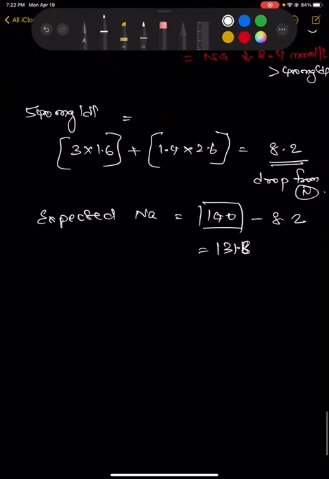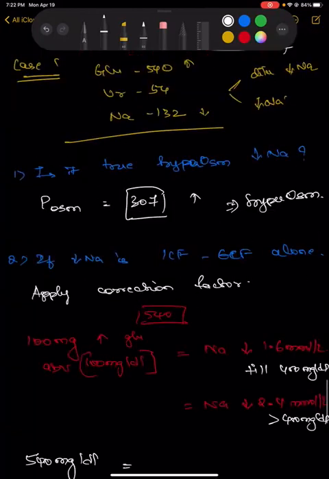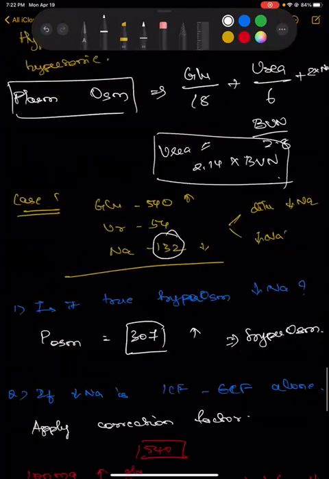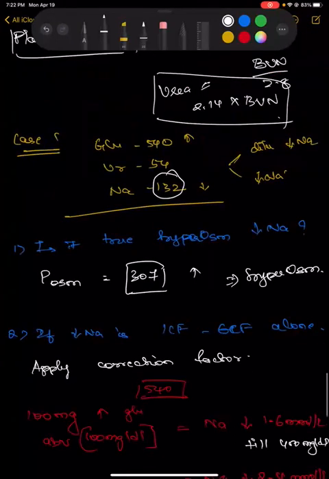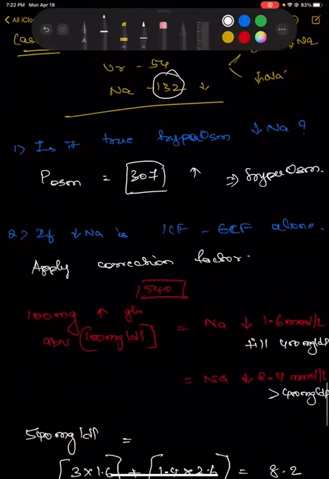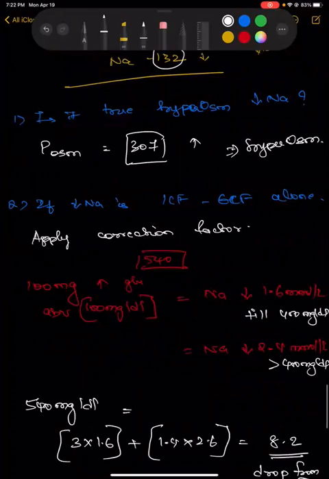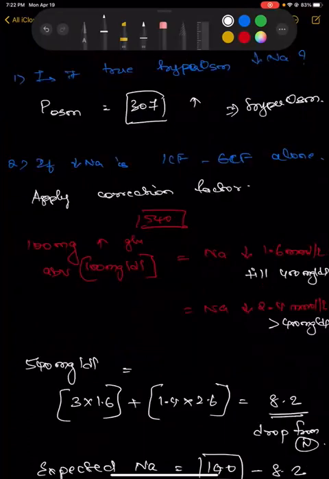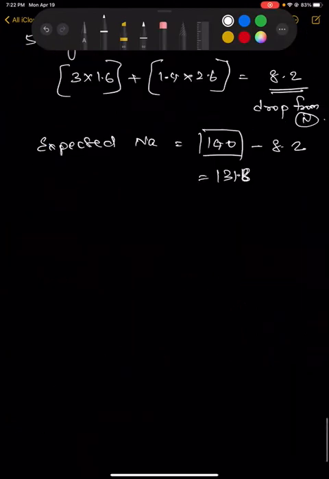And here our sodium is 132. So very close by. Does this correct the sodium? No. The entire purpose of going through all this mathematical strain is that we need to know whether to give the patient sodium correction or not, whether it be oral or just a plain NS or whatever it is. In this case, all you have to do is correct the patient's glucose and the patient is going to be fine, even if they are symptomatic. So we can correct the glucose alone. This is all we need to know about hyperosmolar conditions.